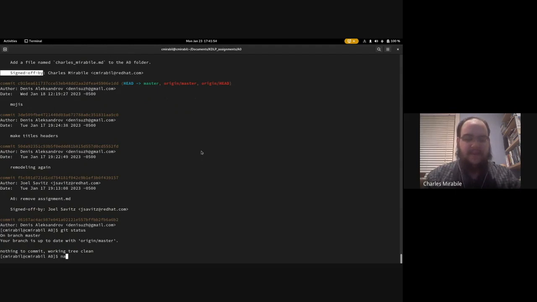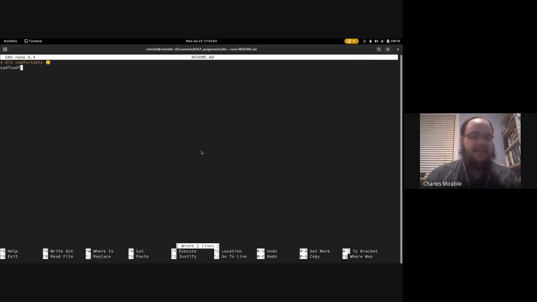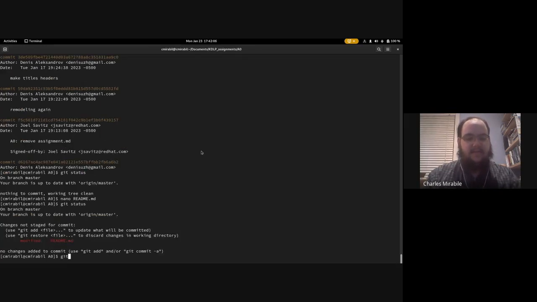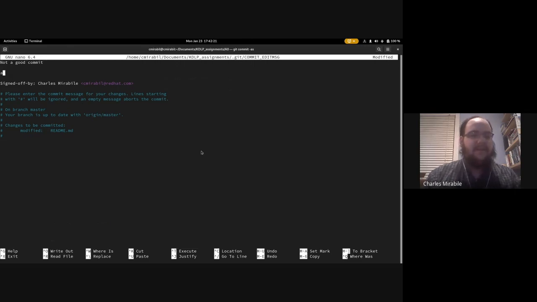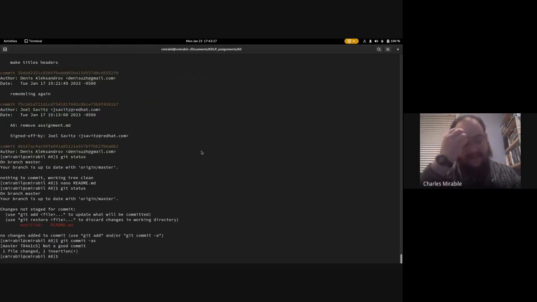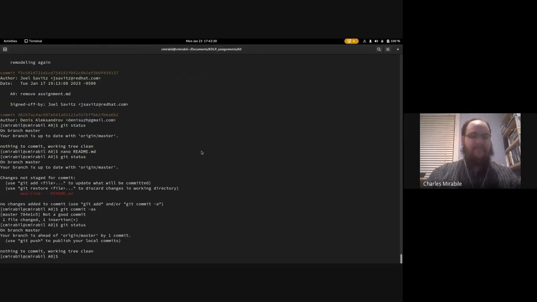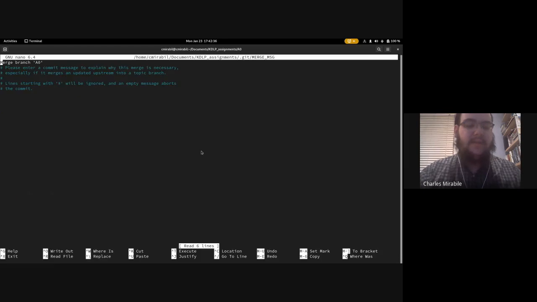If I do something like, A0, I'm already in A0, readme, and I put something in here. And now I'm just going to use the git commit. I'm going to use the -a option to just grab this modification without needing to run git add, and I'm going to use the -s option so that it's signed off by. Not a good commit. Add stupid stuff to readme. So now I have one more commit, and if I try and do git merge A0, I think that maybe,